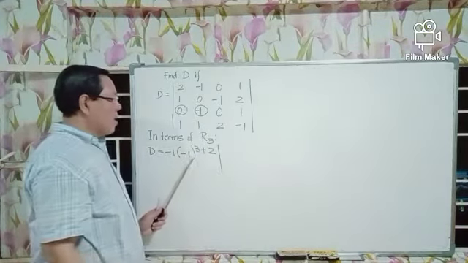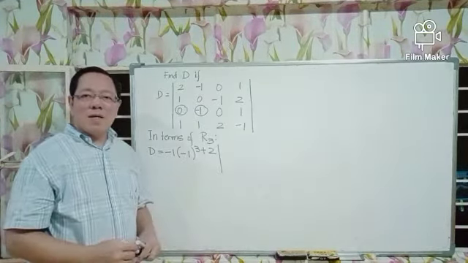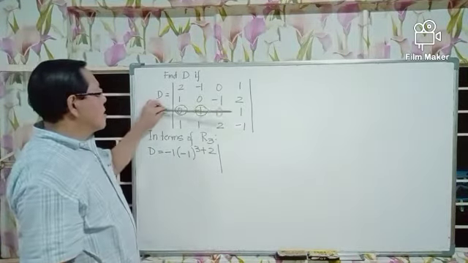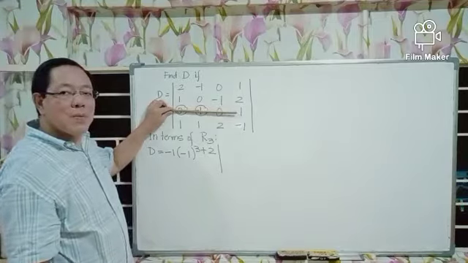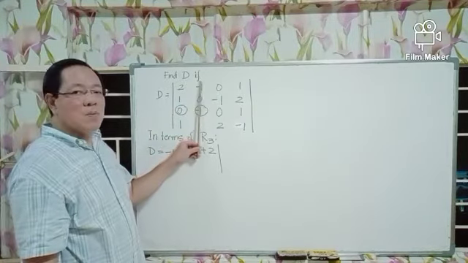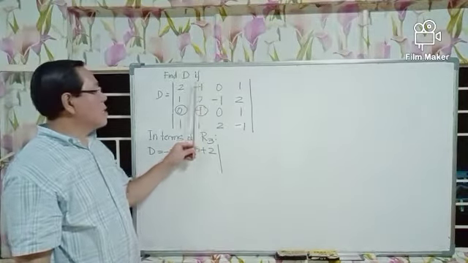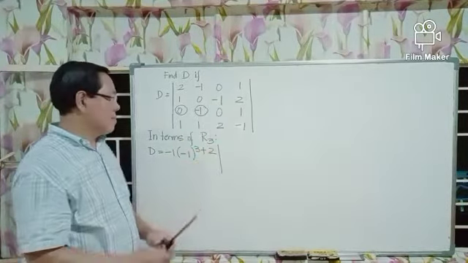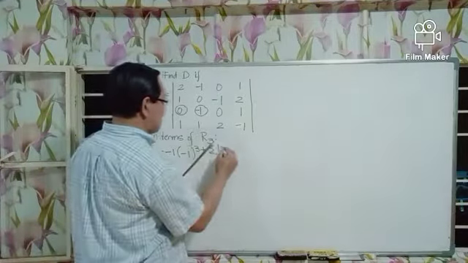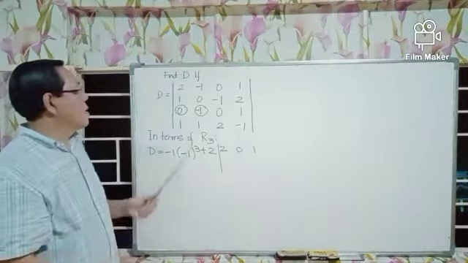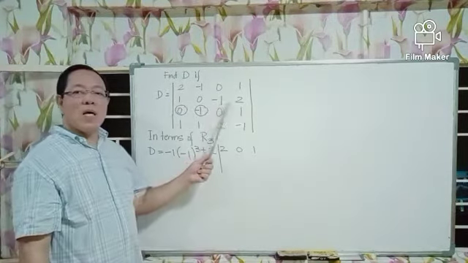And we multiply this by the determinant of order 3 obtained by deleting the third row and second column of D. And the remaining entries are 2, 0, 1, 1, negative 1, 2,